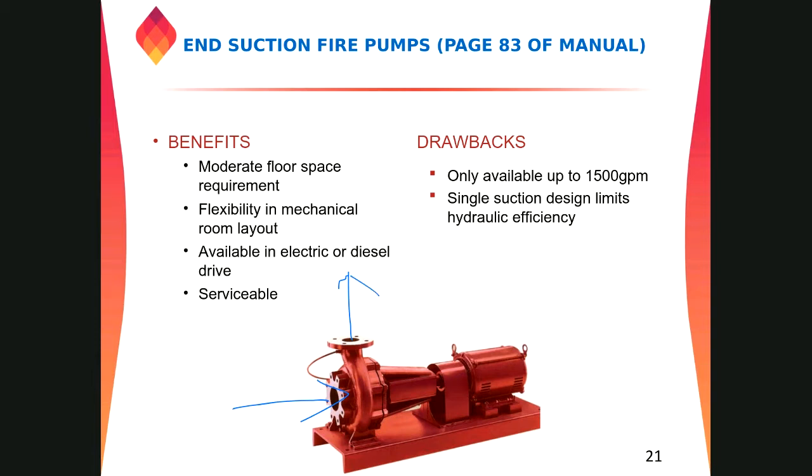But this is available only up to 750 GPM. The capacity of this pump is only 750 GPM, not more than that. So if we have less demand, and only a small capacity fire protection system is required, we can go with the in-suction pump, because this pump also needs less space. If we have a problem with the space in the mechanical room, and our demand is only up to 750 or 1000 GPM, we can go with this pump. We don't have any issue with that.